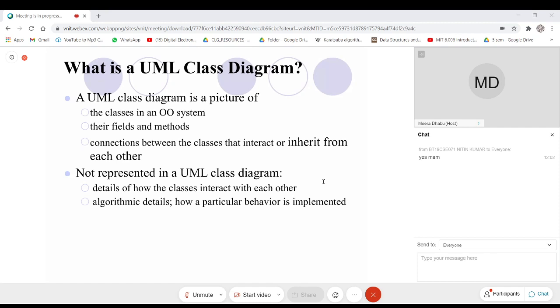What is not represented in a UML class diagram? Details of how classes interact with each other and algorithmic details. For example, if for implementing some functionality a sorting algorithm is required, which sorting algorithm will be used, that implementation will not be there, but there might be one member function with the name sort or something like that. That implementation detail will not be mentioned in the class diagram. It's very simple.